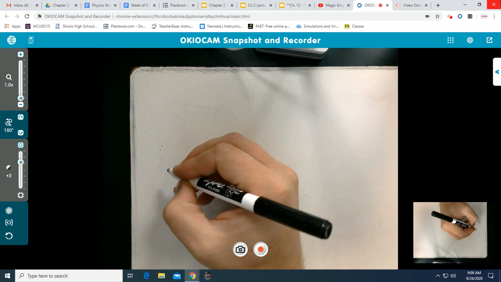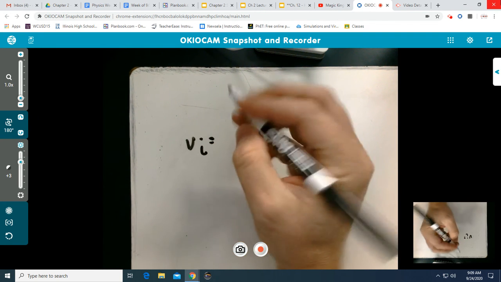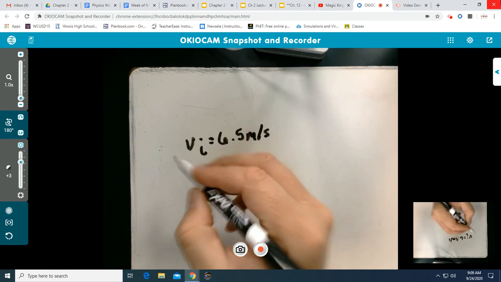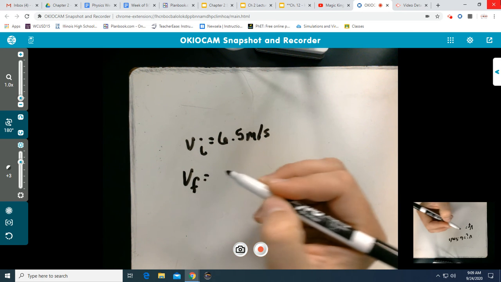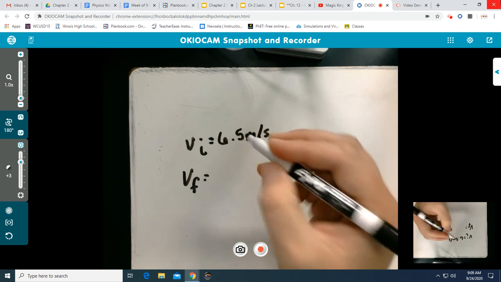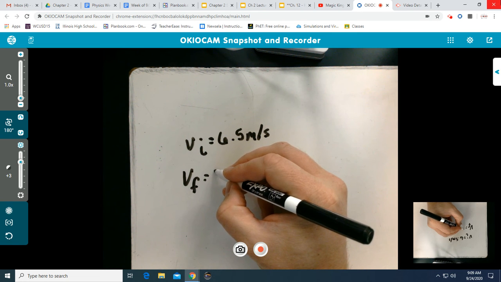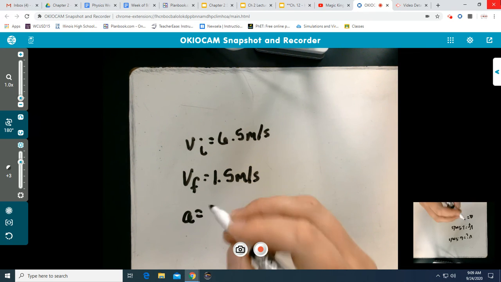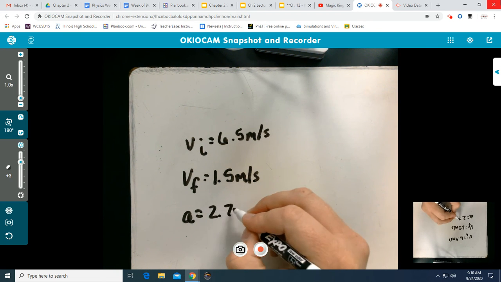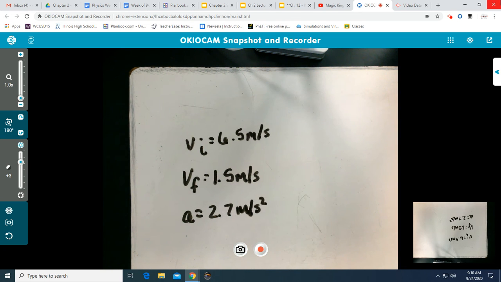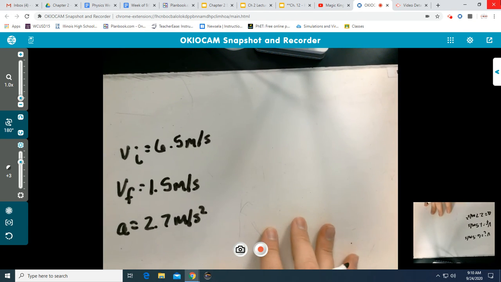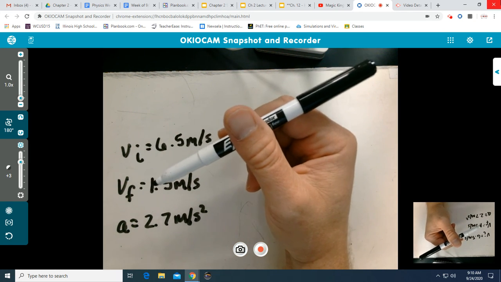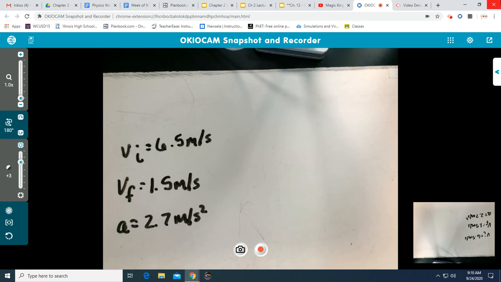So very good. So let's again write what we know. We know our VI, 6.5 meters per second. We know our VF, which was 1.5 meters per second. And we know our acceleration is 2.7 meters per second squared. Since we only know these three variables,